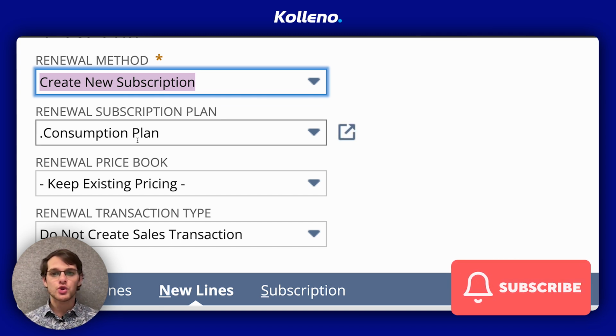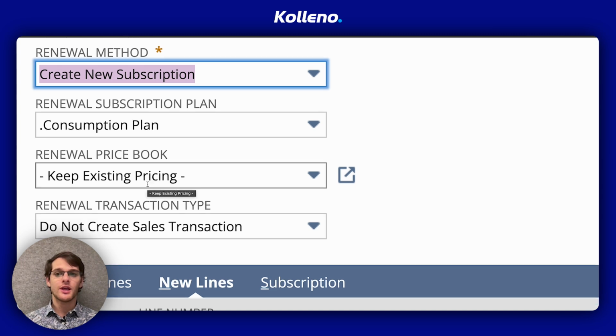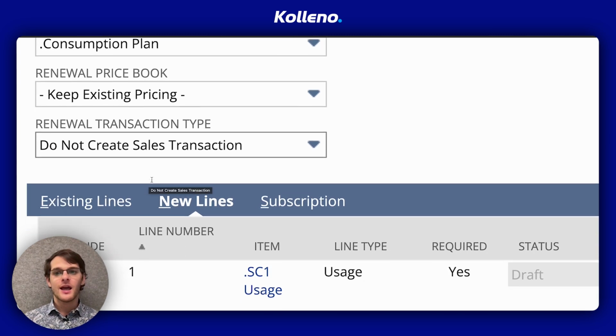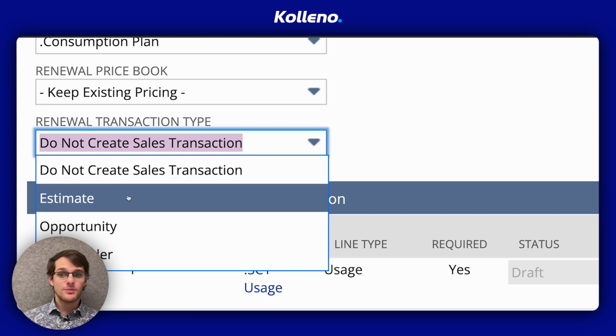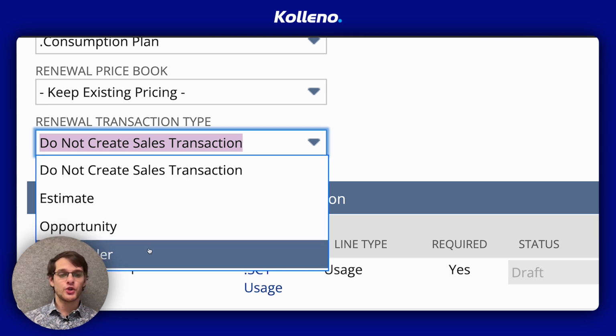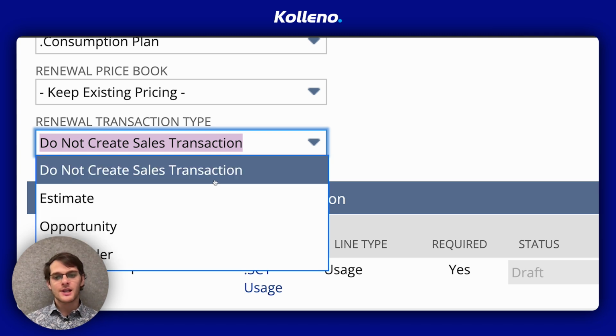You can choose the price book. Here I will keep the existing one, and you select do not create sales transactions, estimate opportunity or sales order for the transaction type. If you choose do not create sales transactions, the renewal will not be tied to any